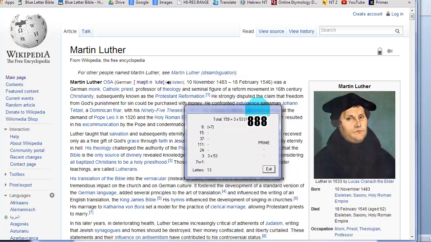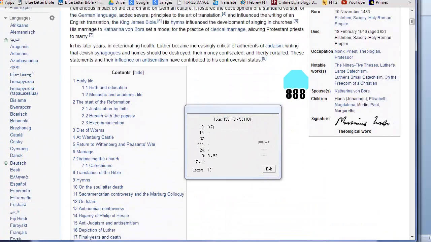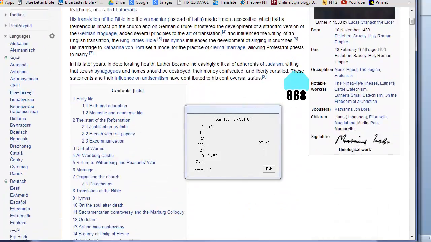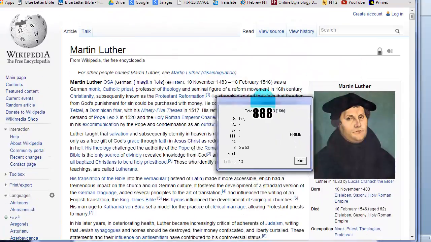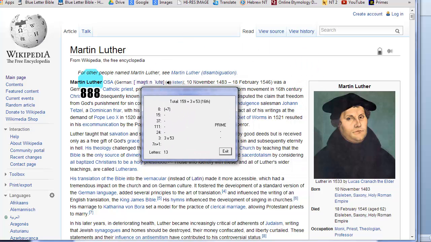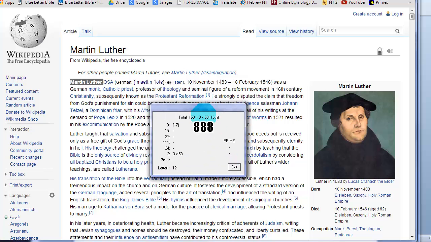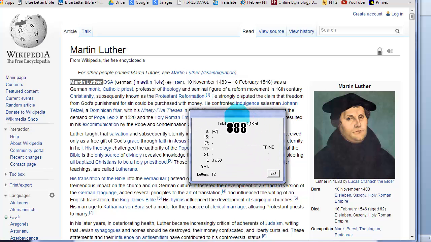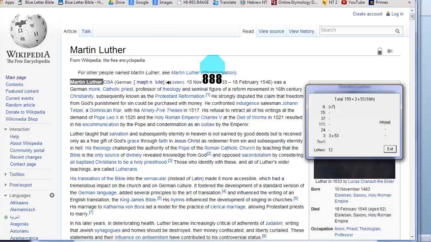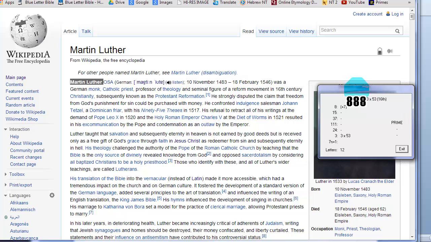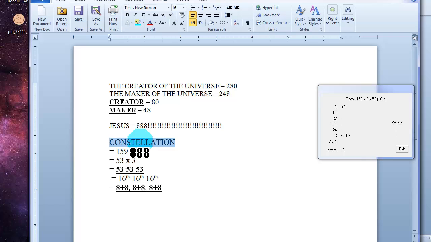So here's Martin Luther. He is one of the most famous names in the history of the church, the Protestant Reformation. Read as much as you want. We are here to take the glory for his life for G's equals 8 at 8. I'm going to clear the slate here so you can see the numbers refresh. Okay. His full name, Martin Luther, adds perfectly to the exact same value we just calculated. A triple of the 16th prime. And I'm probably going to throw that up in a number representation so you can see how perfectly mathematically glorious it is. To the glory of G's equals 8 at 8. Well, that's the exact same number we just calculated as constellation.